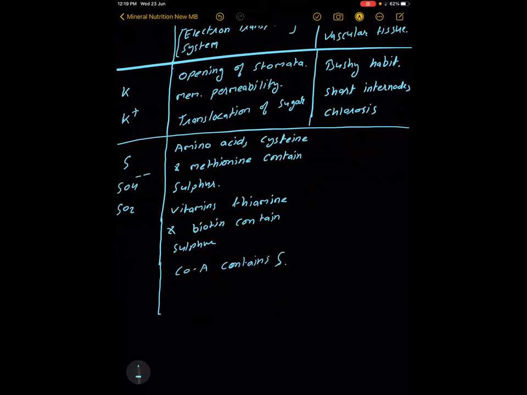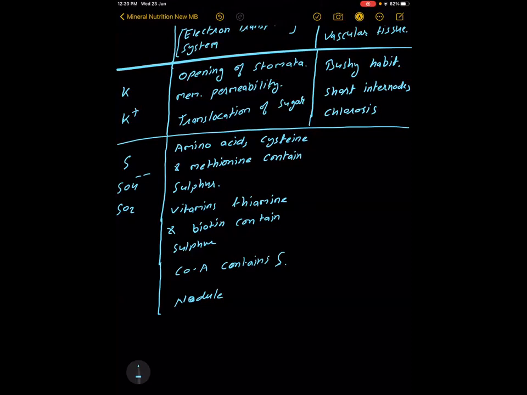Okay, nodule formation, as you know, during nitrogen cycle, generally we study that nitrogen fixation by Rhizobium leguminosarum. It is the symbiotic bacteria in legume plants. It forms nodules. So this nodule is formed in presence of sulfur. If you remove the sulfur, no nodule formation occurs. So it directly affects the nitrogen fixation. So the plant shows sulfur deficiency as well as nitrogen deficiency.